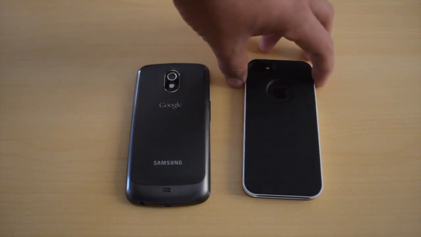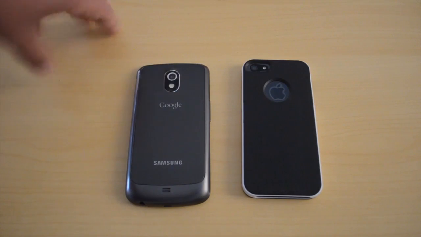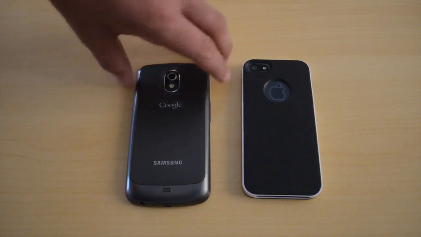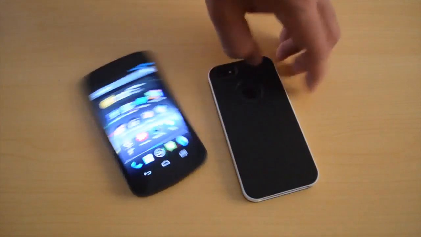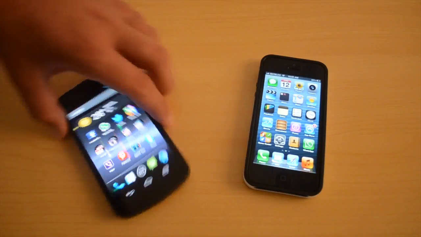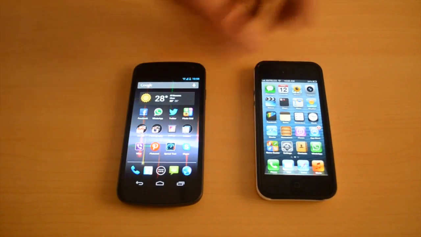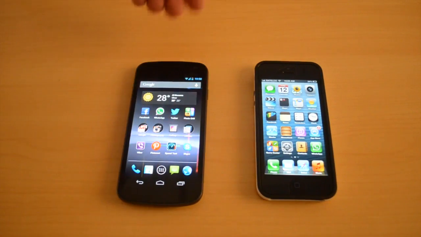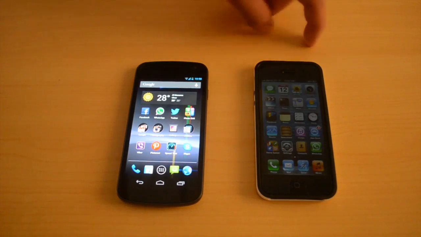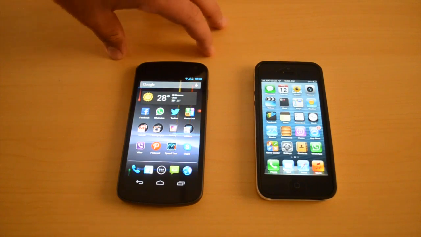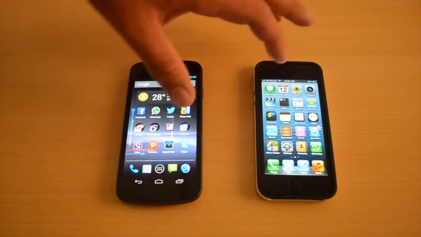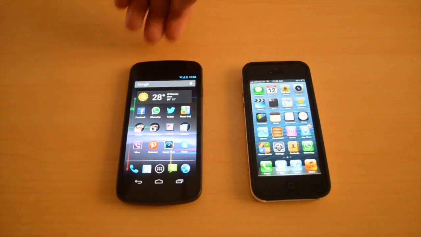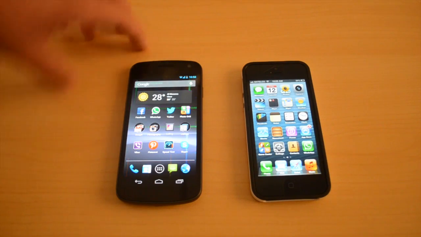The LED on the iPhone is slightly smaller, and they only eventually added it on the iPhone 4, but that was just a quick, okay, I won't say quick because that actually took about 17 minutes, comparison of the two devices, the Google Nexus and the iPhone 5. Now the Google Nexus is expected to be updated hopefully by the end of this year. A lot of rumors point towards LG as the hardware manufacturer of the Nexus, but